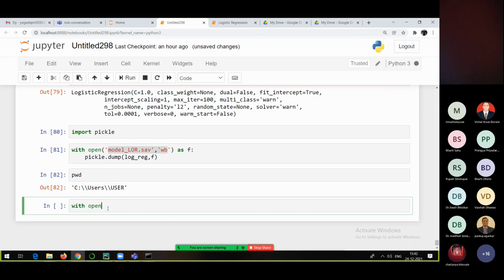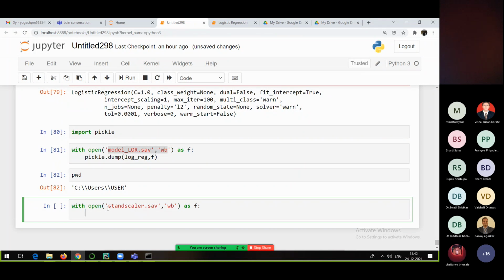And even if you want to save the standard scaler also, you can save that. So with open, you can save that particular thing also, whatever we are doing in the case of the standard scaler. Standard scaler dot sav. If you want to save this particular file also, you can write in binary mode. As the variable is f, simply go and pickle dot dump, and now we create a variable called scaler.